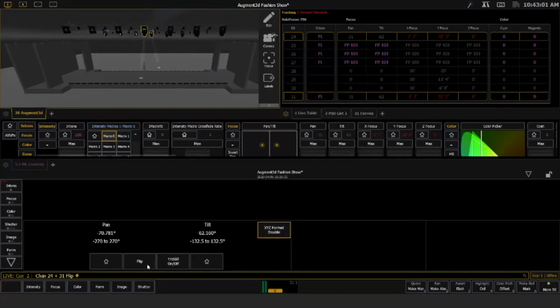So the XYZ does stay the same, so you can see the pan tilt is changing, but the XYZ is not. Yeah. So again, if you're not familiar with flip,